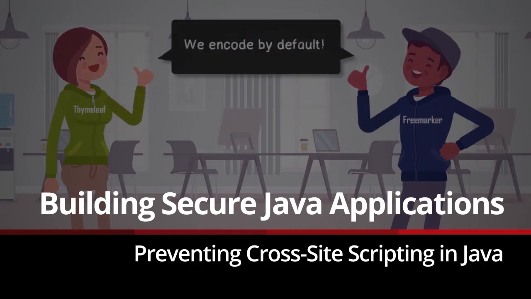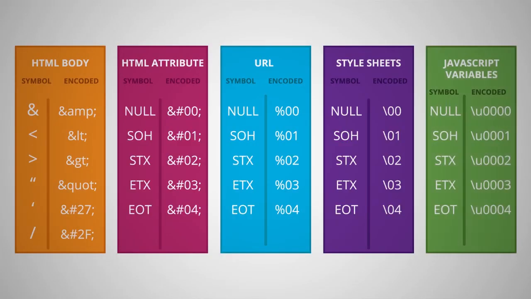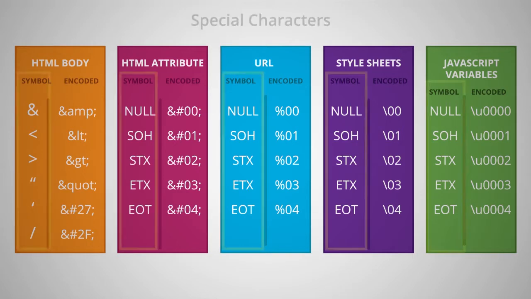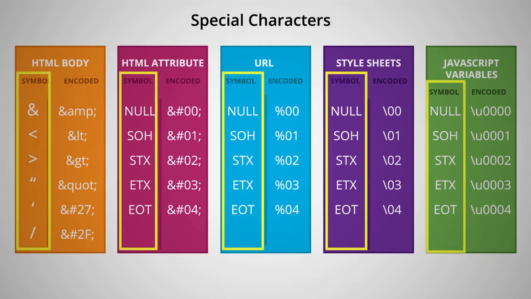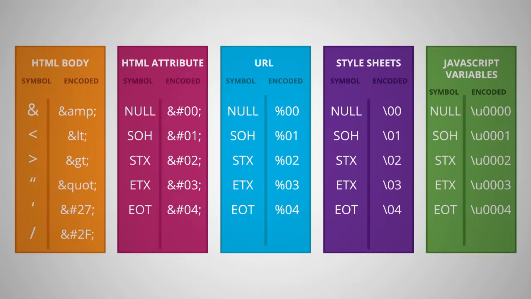Preventing cross-site scripting in Java. The primary defense against cross-site scripting is contextual output encoding. The idea behind contextual output encoding is the translation of special characters to their inert equivalent such that the browser